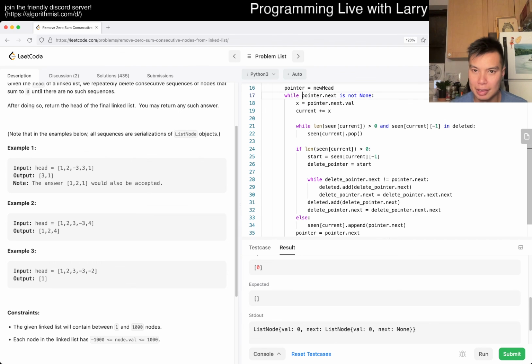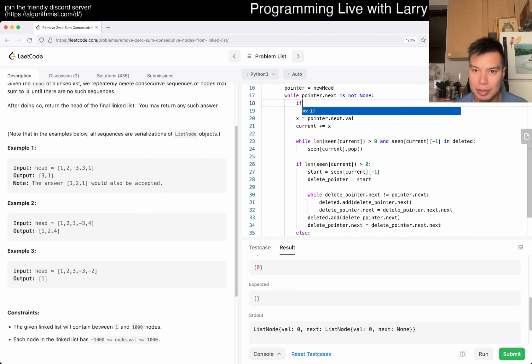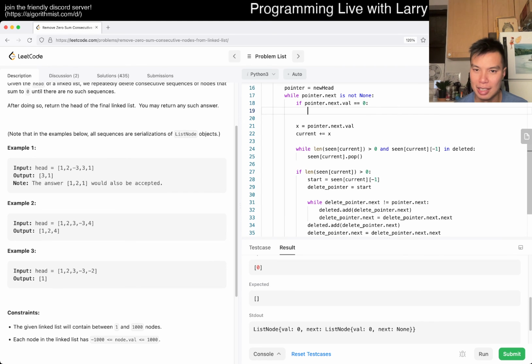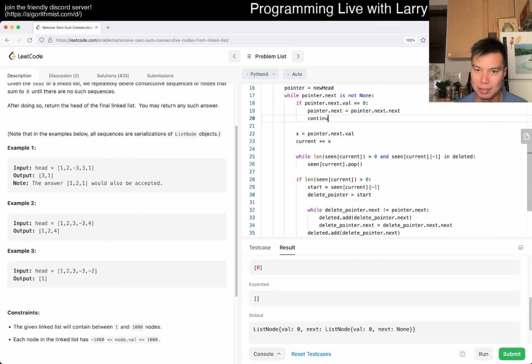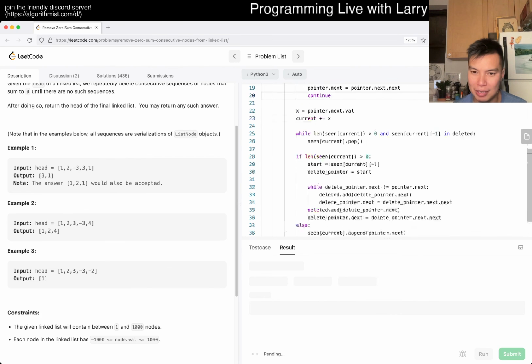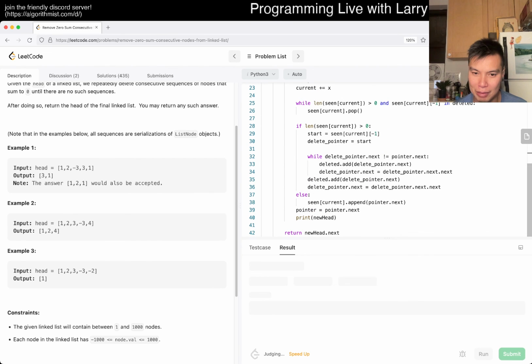I'm just gonna write something like this, where if pointed dot next dot value is equal to 0, then pointed dot next is equal to pointed dot next dot next. Continue. Just delete all the zeros. I think there's some weird complication with off by ones, but